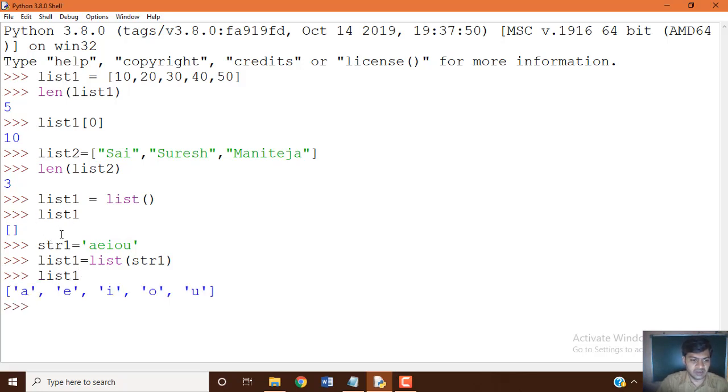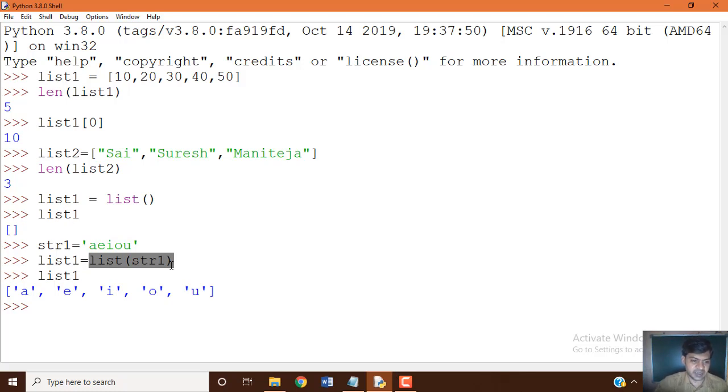You can see the string data which we assigned, when you pass it to the built-in list function as an argument, is converted to list data type, and list data items are enclosed within square brackets, each one separated by a comma.